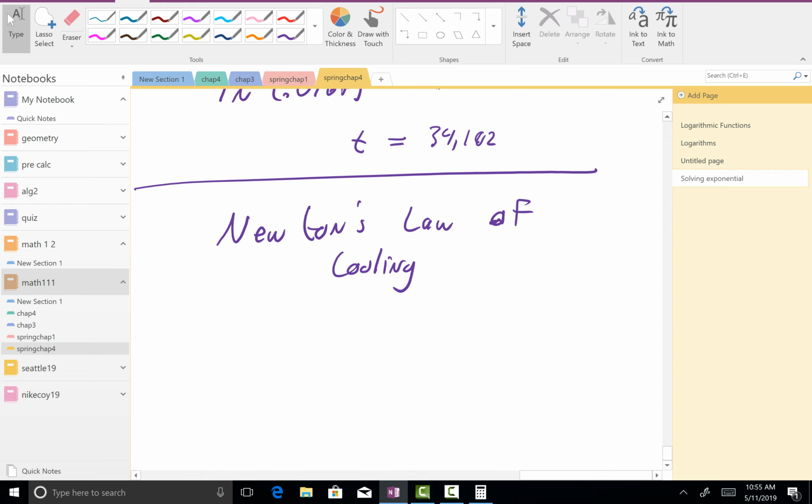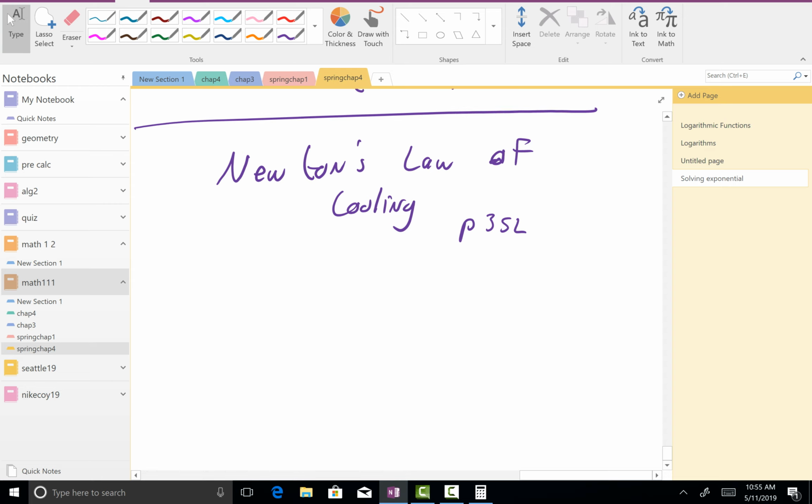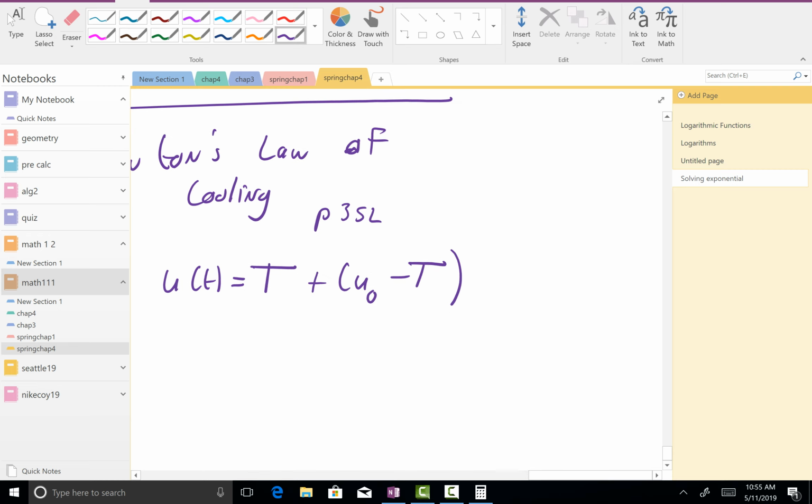All right, so what does this stuff stand for? Well, u of t is the temperature at a time little t. Big T is the temperature of the surroundings. So in other words,